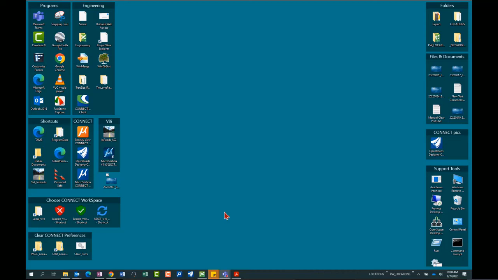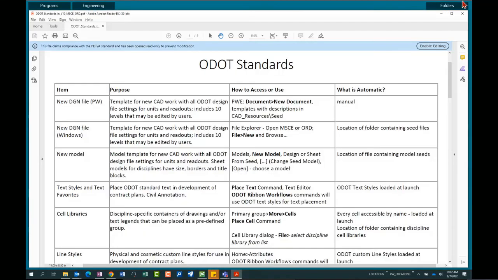This is Lenny Torgerson. The topic is ODOT standards. I've got a PDF. I spent a fair amount of time making up this table about the ODOT standards and